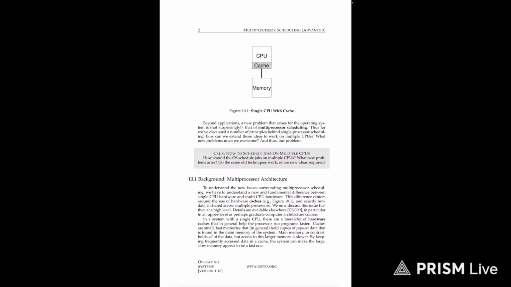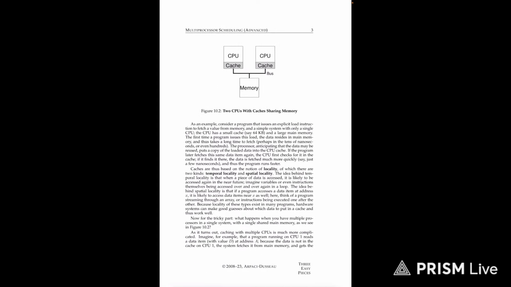So we might see other examples here also. So let's see. Okay, so this is the two CPU with cache sharing system. We will use a bus system, so there is a bus here. We will use the bus to share this cache over this line. It could be different kinds of buses.